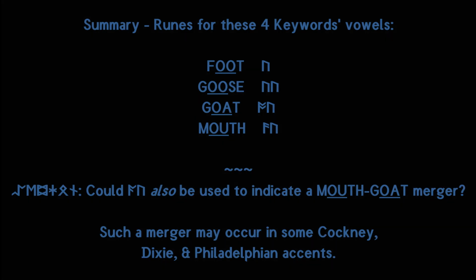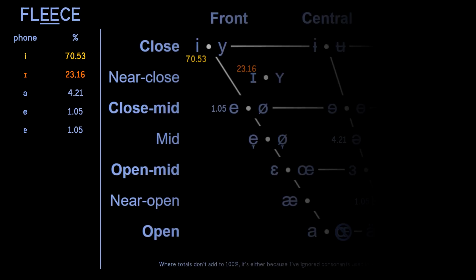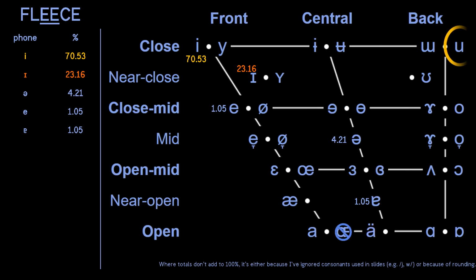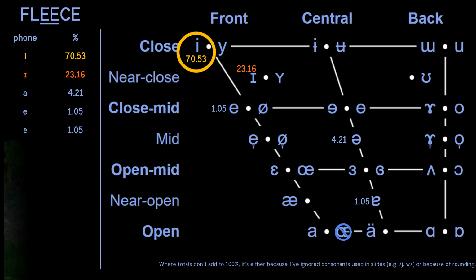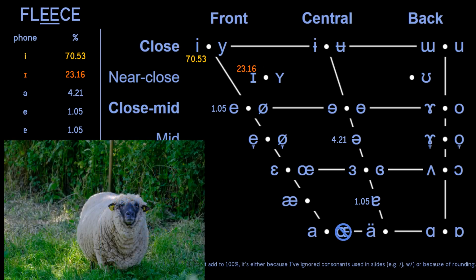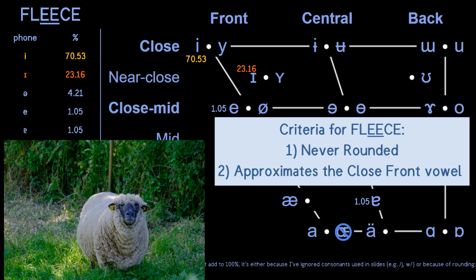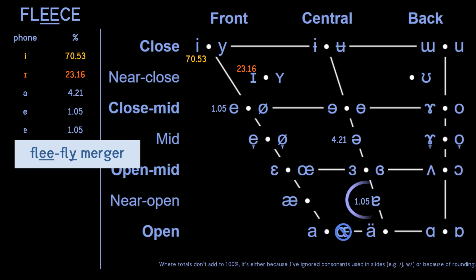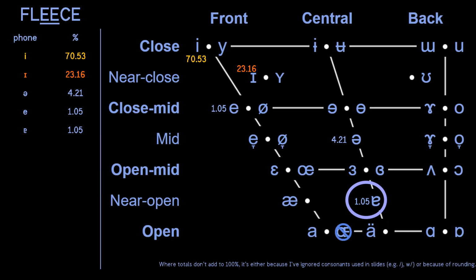Moving on. As you may recall, Proto-Germanic had no central vowels, only back vowels and front vowels. Here we encounter its legacy with a long jump from the rounded close back phone to the unrounded close front phone of fleece. In this case, even third place fails to rank over 5%. There's not much to comment on here apart from noting how those who merge this vowel into the price set make a ripple on the ocean.